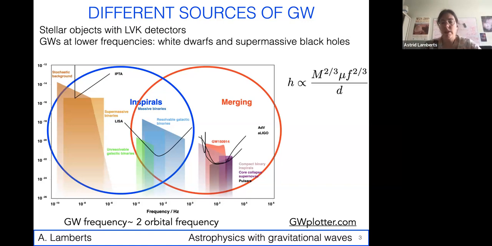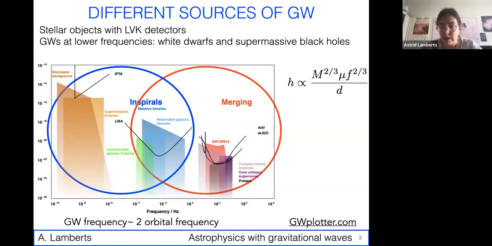And so at the highest frequency, you have to keep in mind that the gravitational wave frequency is twice the orbital frequency of a binary. So if you have kilohertz gravitational waves, it means you're talking about objects that rotate around each other 1,000 times per second. So just imagine two black holes turning around each other 1,000 times per second. That's really what we're talking about. And it's really an extreme thing. And obviously at these speeds, at this type of periods, you're really about to merge. And so the things we see with LIGO, Virgo, and KAGRA are merging objects.